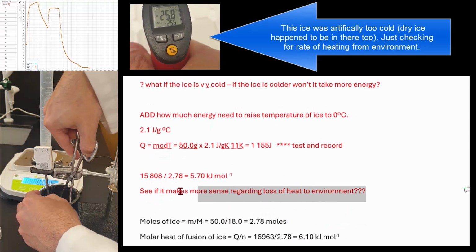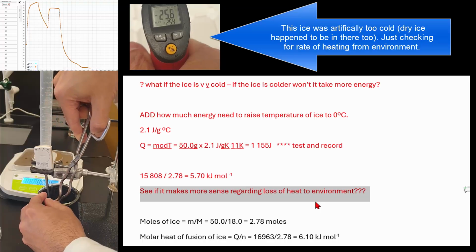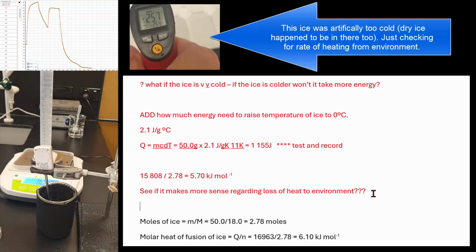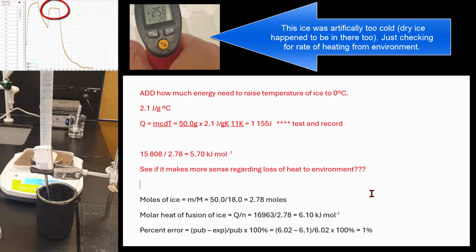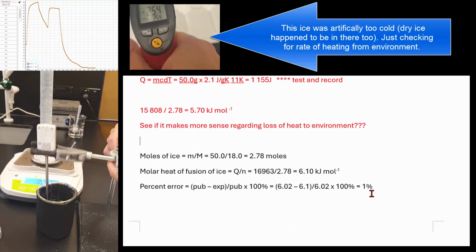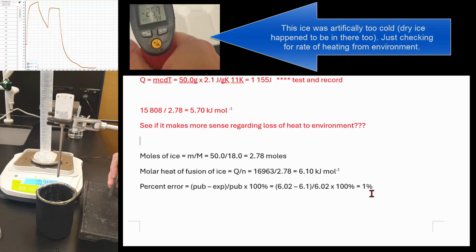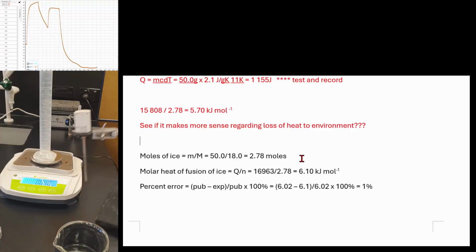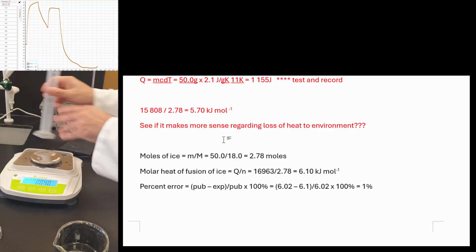And I don't think loss to the environment is significant because the hot is cooling down and the cold is warming up, so it might cancel each other out. But if you can see from the graph from the data logger, the changes in temperature are not super significant. And I did put the data logger onto a piece of ice. I didn't put that snippet in the video, to see what the rate of heating was. So that could be taken into consideration. But there's another massive error on top of that as well, and they're missing another calculation as well. And so anyway,